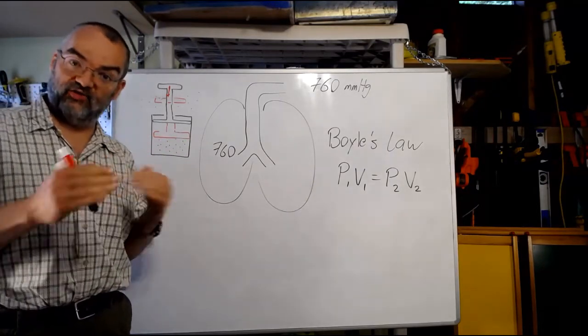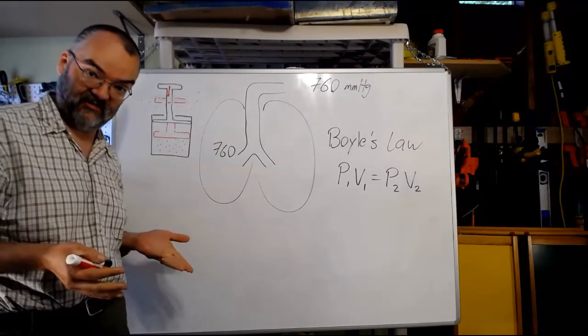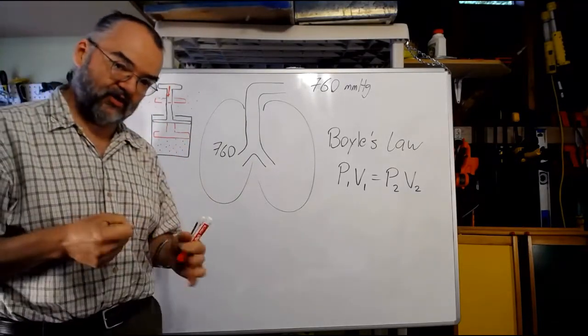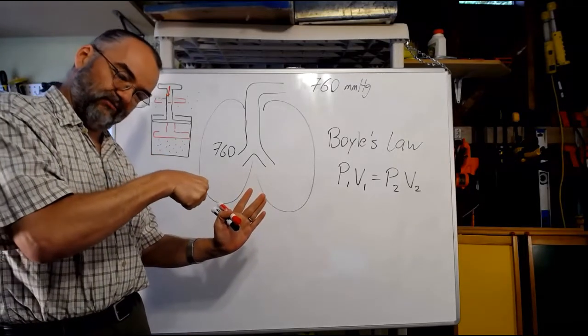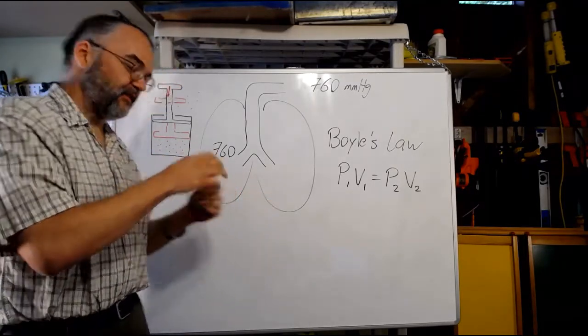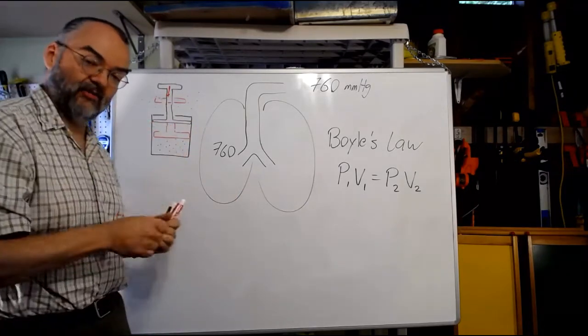Pressure and volume tend to go in opposite directions. Volume gets smaller, pressure gets higher. And you know that you could feel that. If I push down on that, it's going to resist being pushed. When I'm pushing down on it, the increased pressure there is now pushing back on the plunger harder, so it's